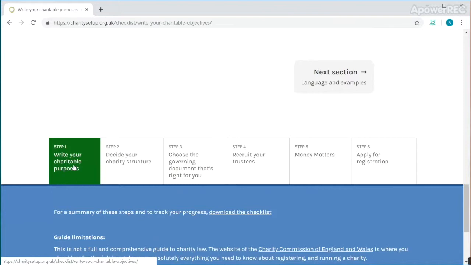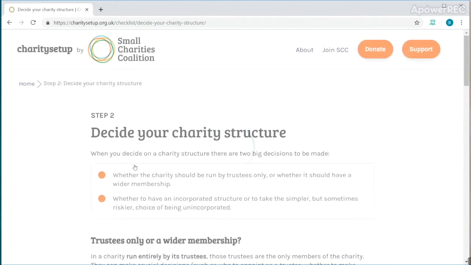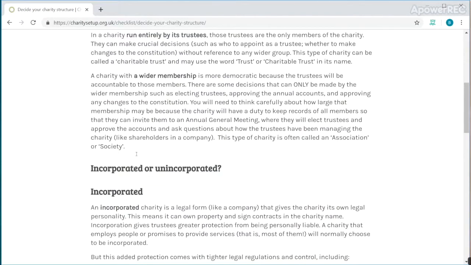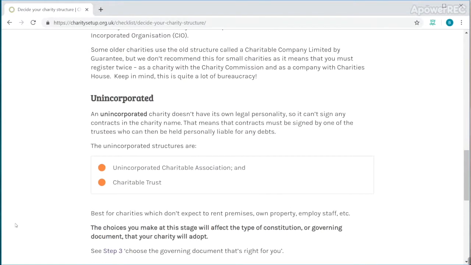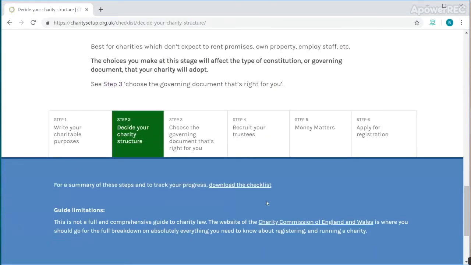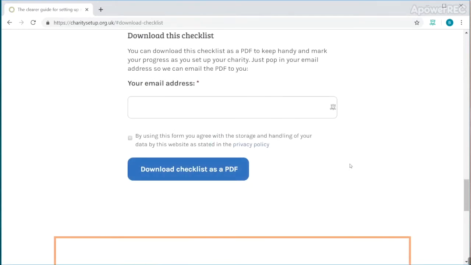As you progress, you might find that you've written your charitable purposes. You're now ready to move on to deciding your charity structure. You can click on it and it will take you to the next step. We're aware that there are people who work better offline, and for that reason we've created this useful checklist that can be downloaded. To do that, you just need to go further down the page and click on Download the Checklist. From here, you'll need to input your email address, and you will then be able to download